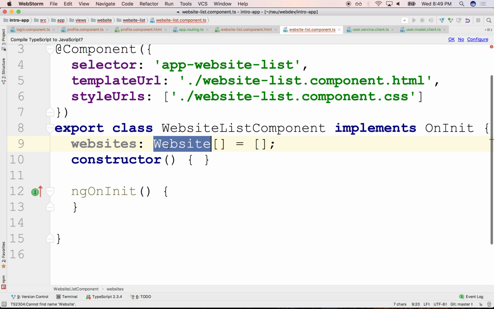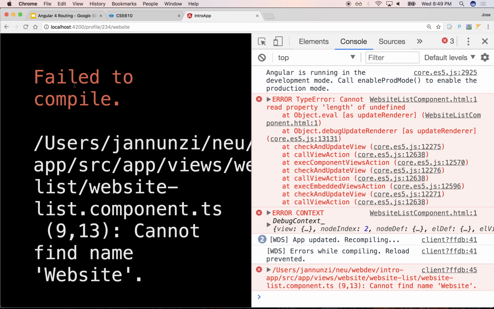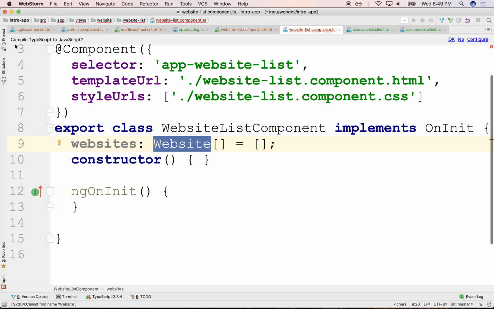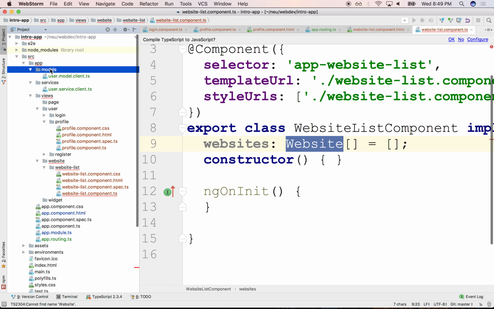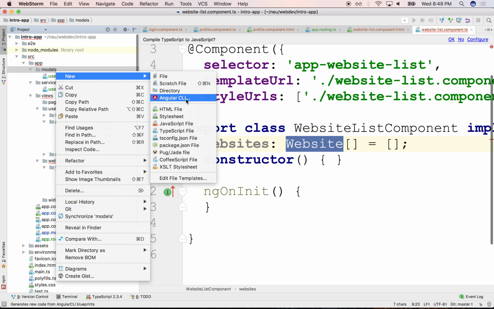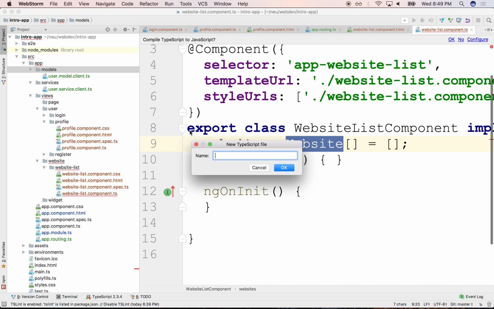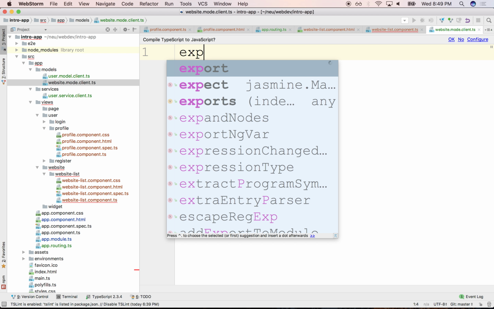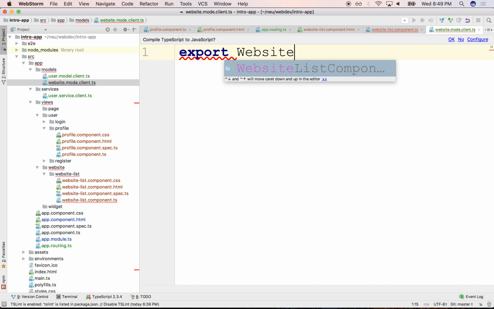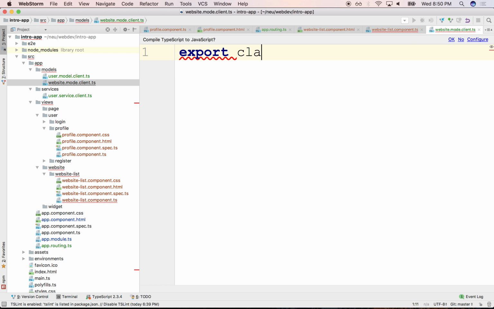Let's create a model for website. Okay, let's do that. Notice that I crashed the application. So let's go to models. Let's go to the model and create a website model. So this would be a new TypeScript file. This would be website.model.client.ts, right? And this would be an export of a class website,